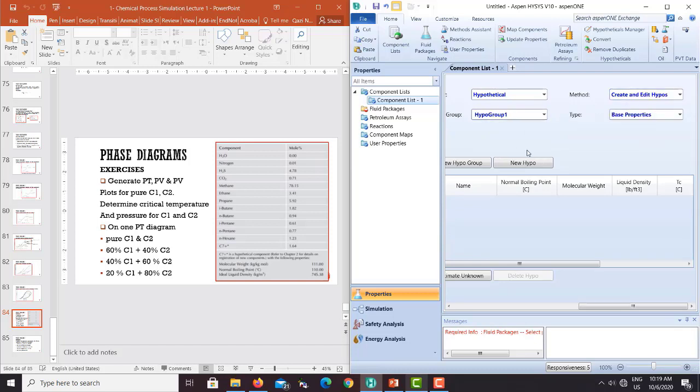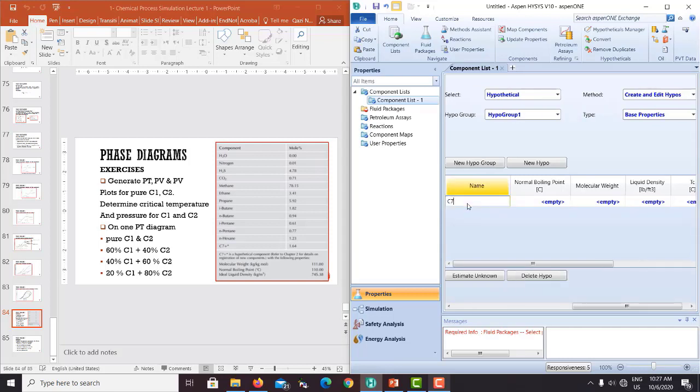Then we need to select a new hypo from the list, just clicking on new hypo, and you can see here we have some dummy component that is created. All we need to do is change the name to C7 plus. We are given the normal boiling point, which is 110 degrees Celsius. We can provide that, and the molecular weight is 111. We provide that one, and lastly we have the liquid density, which is in kg per meter cube, but here